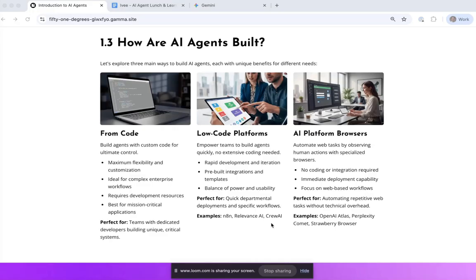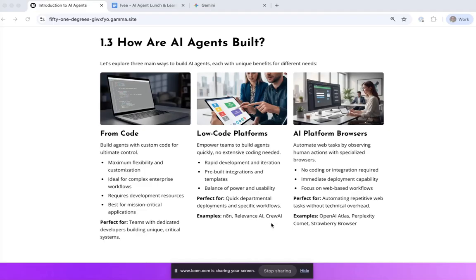And the final way of building agents is something that's probably only a couple of months old, which is so typical of the AI changes that we're seeing across industry today. Everything's happening so quickly, which is both brilliant and scary all at the same time. But we've seen the AI platforms such as OpenAI or Perplexity have been releasing AI-based browsers. So OpenAI, the business that makes ChatGPT, has recently launched Atlas. Perplexity has launched Comet. But my favorite is a startup called Strawberry Browser.